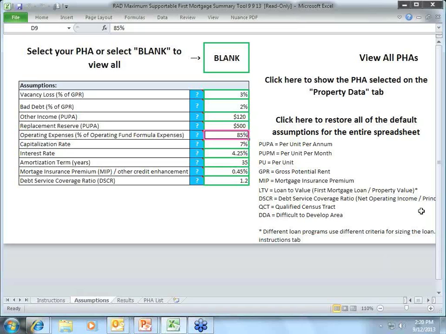Maybe the property gets renovated, so there should be efficiency savings as a result of that. So this is just one way, one proxy, of trying to come up with, well, what do I think it should cost to run the properties? And if that number doesn't jibe, so Leanne, if we can go to the results page